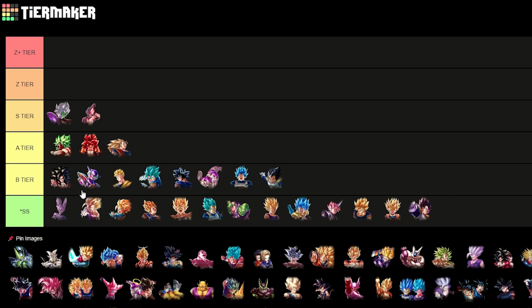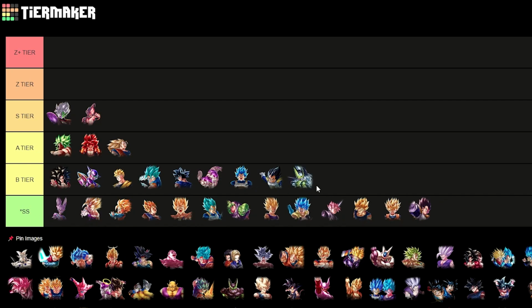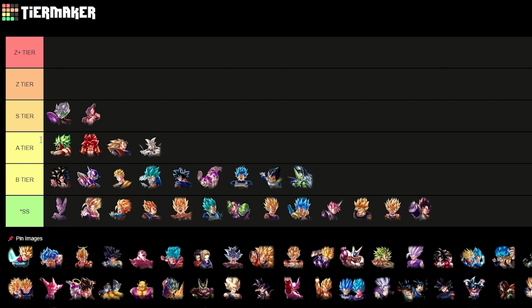This guy can be here, B tier, with his Zenkai. He was actually a very good Zenkai. This guy, he has a Plat. I'm not gonna say he's this low, but yeah, B tier probably. Oh, Omega. Yeah, Omega is A tier. Like, that's the thing. I wouldn't put Omega in this tier, but I don't really want to put Omega